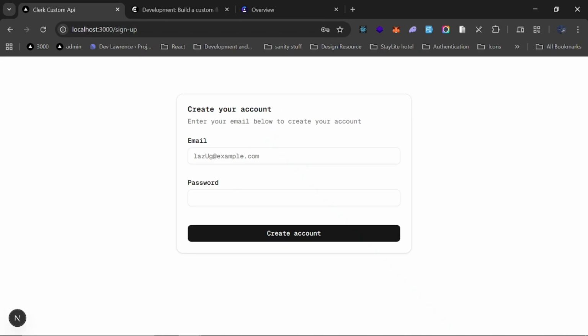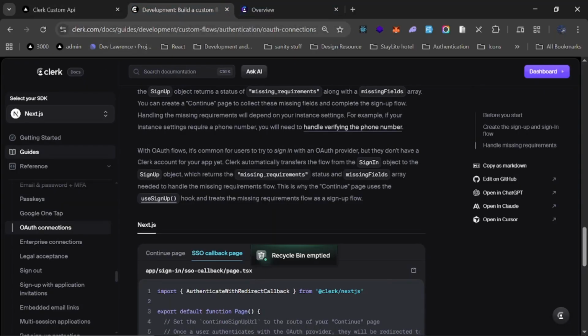All right, so we've been able to create our sign up page by using email and password. But I don't know if you noticed, people like signing in with social connections. So social connections, I mean like Google, GitHub, what have you. So we're going to be implementing the Google button right here so that the user can be able to sign up using Google. So I will leave a link to this